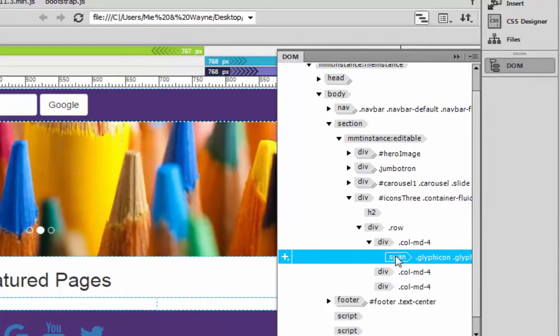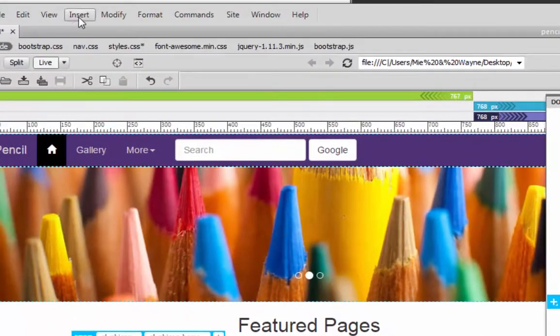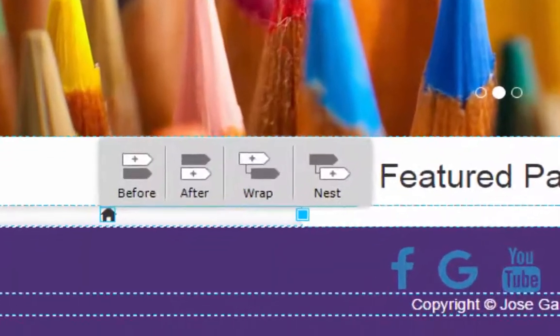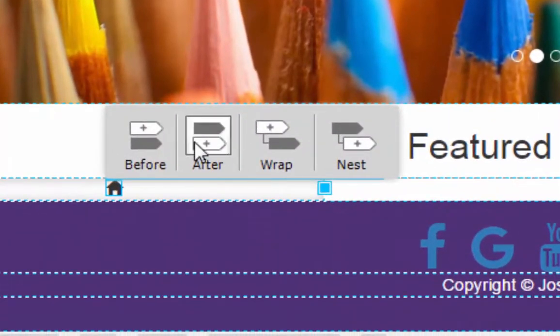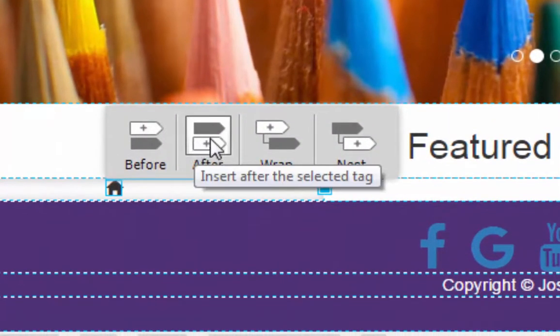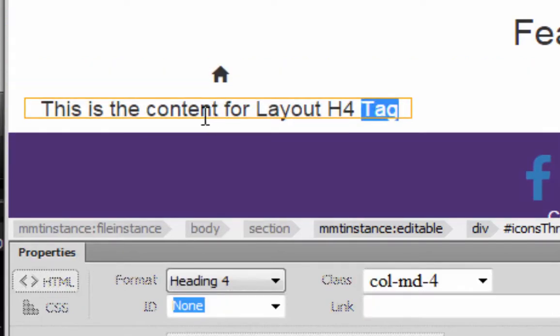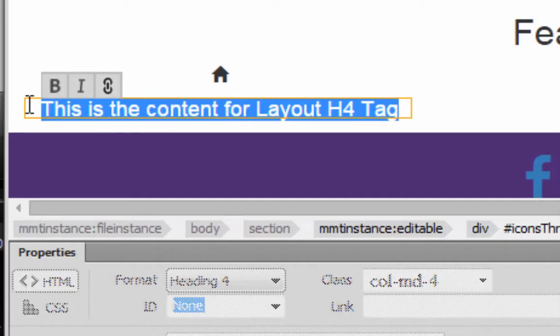So I've got my glyphicon selected. I'm going to go under Insert, and I'm going to choose Heading, and I'm going to choose H4. And I want to put it after my glyphicon, so click on After. Okay. Let's hide that panel. And it says this is the content for layout tag H4. I want to change that so that it says gallery. I'm going to double click, and when it does, you'll notice that the blue border changes to an orange color. Okay, great. Let's highlight that. And I'm going to type in gallery,